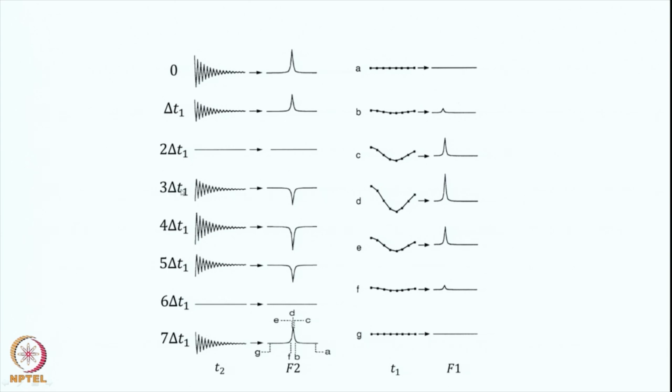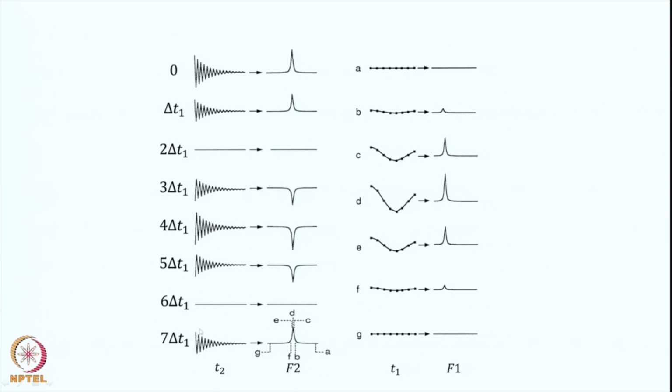So at 3 delta t1, it is now actually starting from a negative value here. If you see here, this was positive, reduced to 0 here, now it is negative, then it is further negative, and then this starts decreasing again. Therefore, the signal amplitude at the time t equal to 0 is getting modulated as you go down with the increments. So you can keep collecting such data, of course it will be repetitive, and you get a time dependent variation.